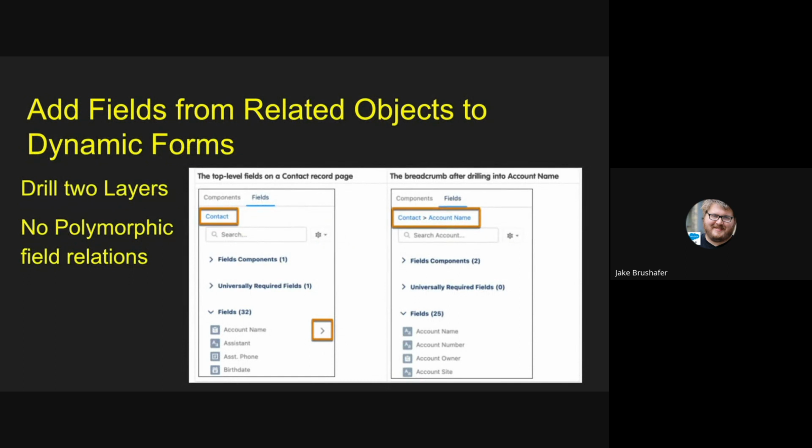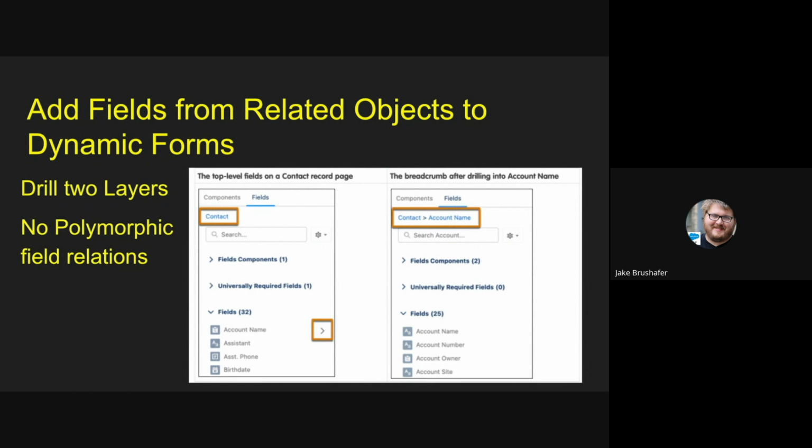All right. So if you're not using dynamic forms, you probably should because it's really cool now. They've done a lot of cool updates to it. One of the cool things now is that we can drill up to 2 layers with the fields. So if I bring a field onto the page, you see that little caret next to the field, that means you can access that field. So if this is a lookup field, which is what this is here, you can access the account information